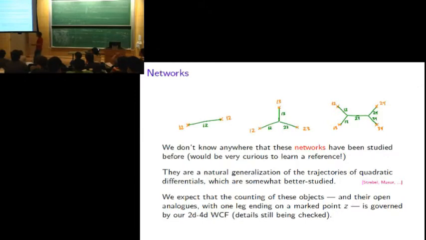Now, in their wall crossing formula, the group of automorphisms that appeared was really simple. It wasn't these infinite dimensional groups of automorphisms of a torus. It was just GLN, just a finite dimensional group. And our 2D4D formula, one way of thinking about it is, this formula covered 2D field theories. Kontsevich-Soibelman had to do with 4D field theories. And what we have is kind of a hybrid between those two. It's in some way the minimal way of joining those two things together. And it fits into a general formalism where the invariants are allowed to belong to some general graded Lie algebra. So from that point of view, what we're saying is that this particular group, the group of automorphisms of a vector bundle over a torus, is a particularly interesting group which occurs in nature.